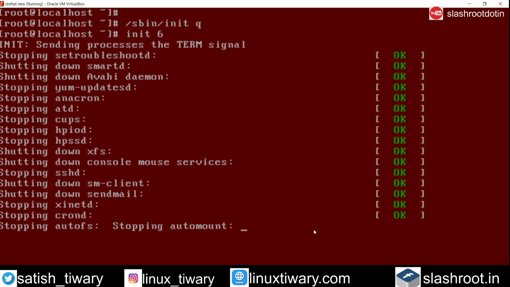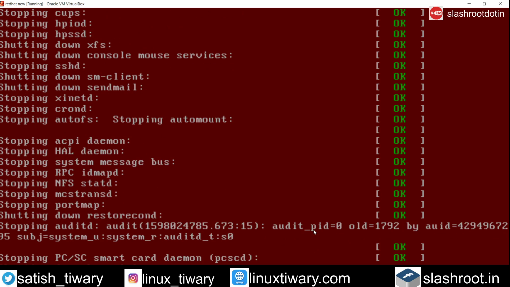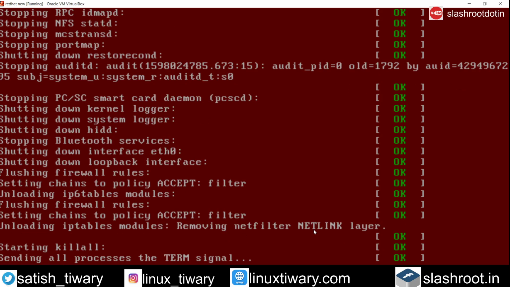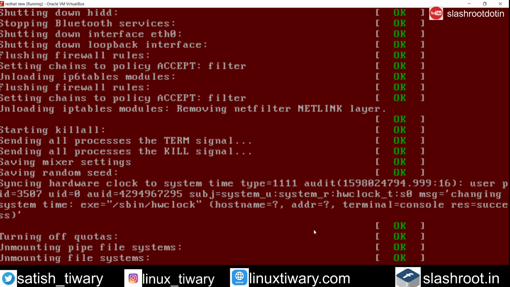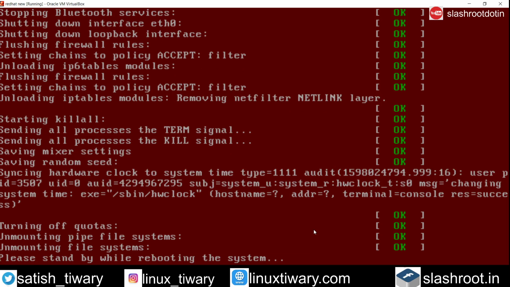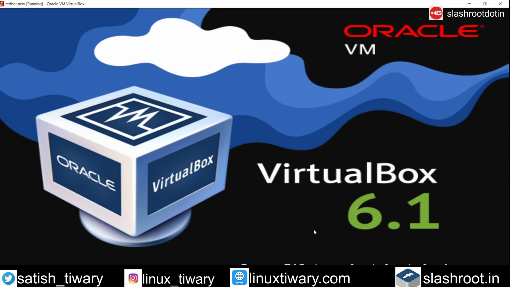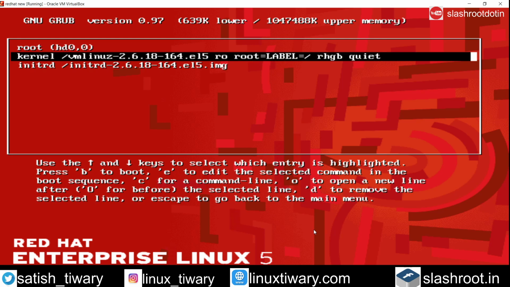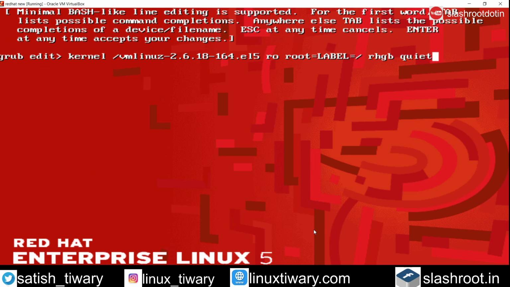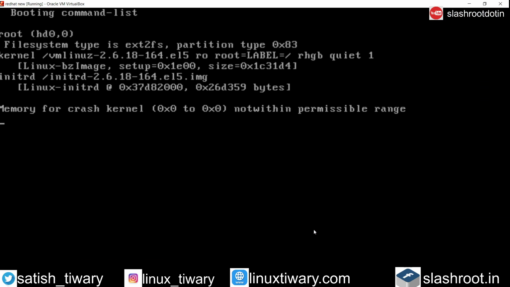So let's check it. I will try to go to single user mode. I just rebooted this system to check whether my single user mode is password protected or not. I go to edit, then edit again, add space 1, press enter, and press B to boot.